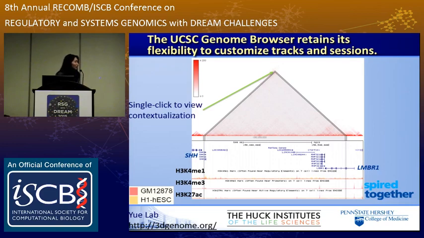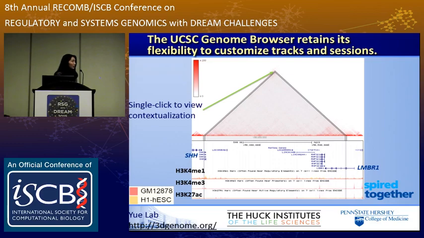Here is the Sonic Hedgehog gene, and this is the exact point where the Hi-C peak is. You see the Sonic Hedgehog TSS right there, and then you see an intron, intron 5 of